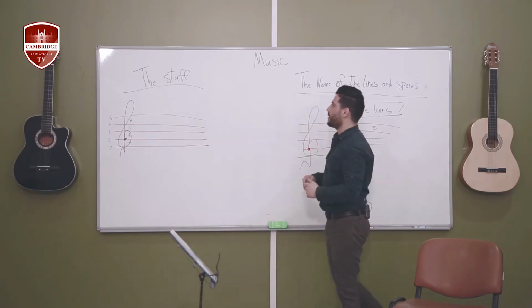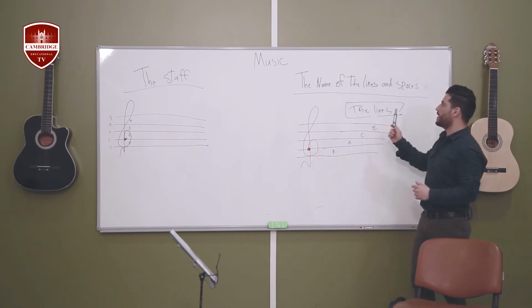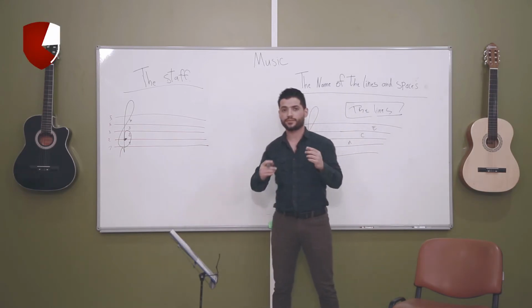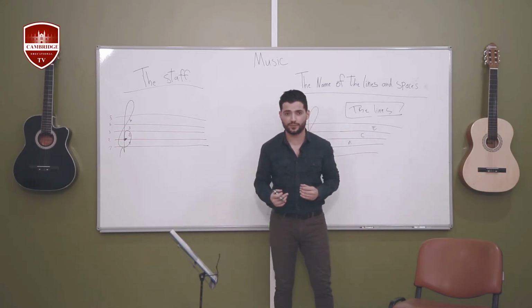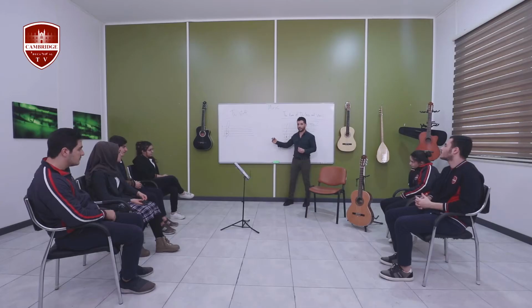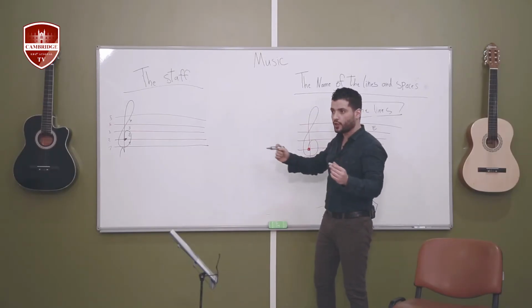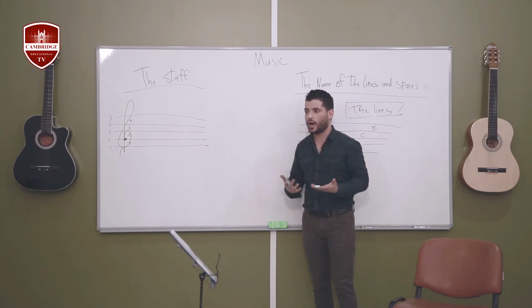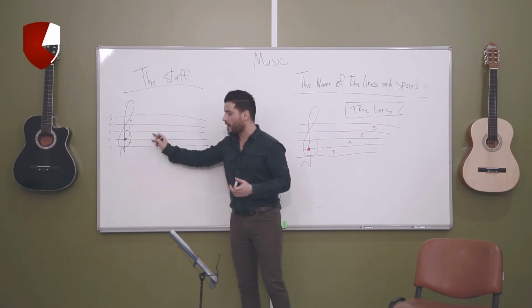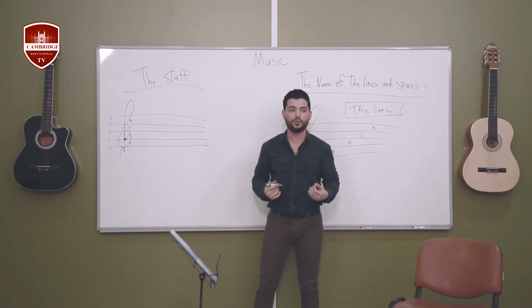So our subject was the staff, the name of the lines and the spaces, and also the keys. What we learned today: first we talked about the alphabet of music, which starts from A to G, and second, how to use the alphabet for the lines and the spaces. Because if you want to play an instrument, you have to know how to read this. First thing you have to memorize the lines and the spaces, because next class we'll be talking